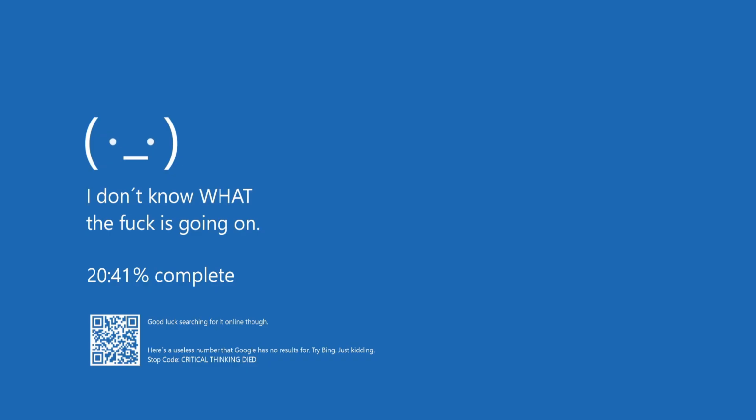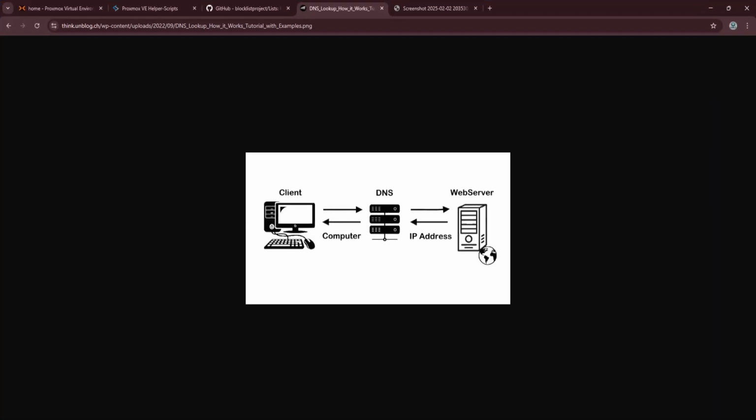Hi, so today we're going to install Pi-hole hosted on Proxmox the easy way. If you tuned in, most likely you've heard about Pi-hole and the project behind it, DNS queries, and so on. But today we're going to try to explain a little bit what this can do for those that are not